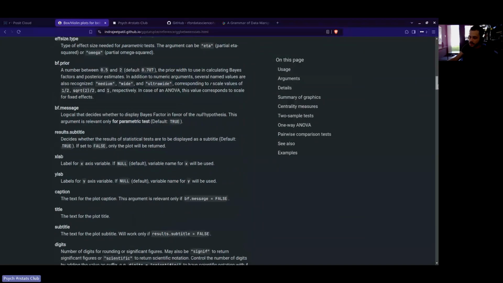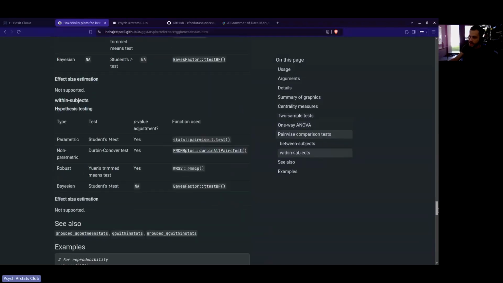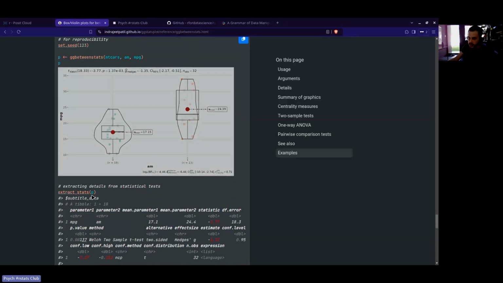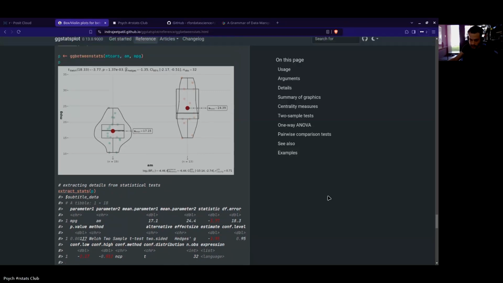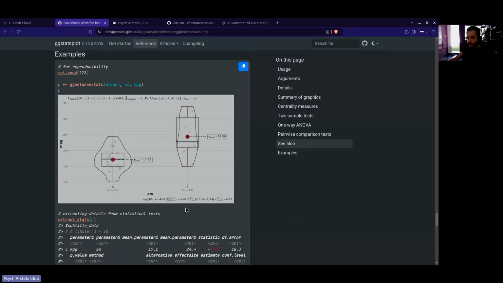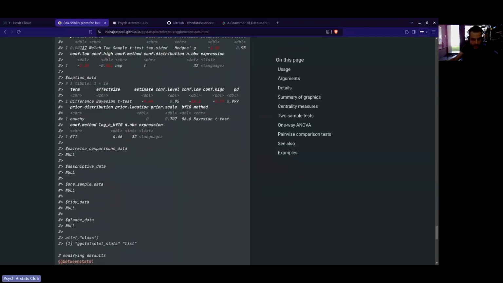So a lot of things in R, as you see, is diving into the documentation, getting to know how it's presented, going to the examples, trying to reproduce them, trying to understand them as they're presented, and also with our own data. And I see that someone's typing, so I'm going